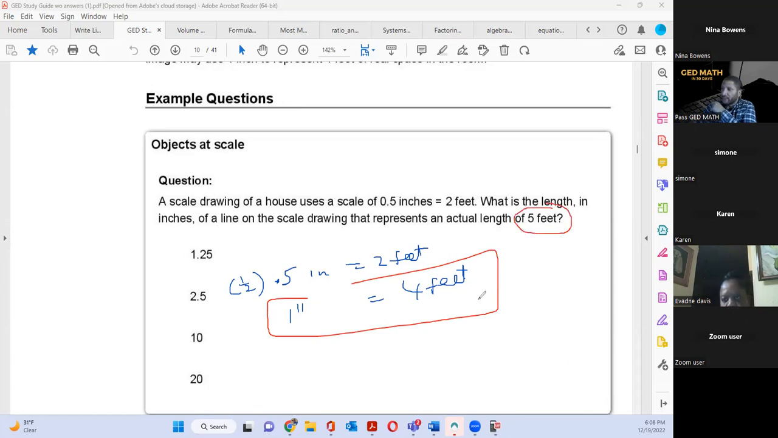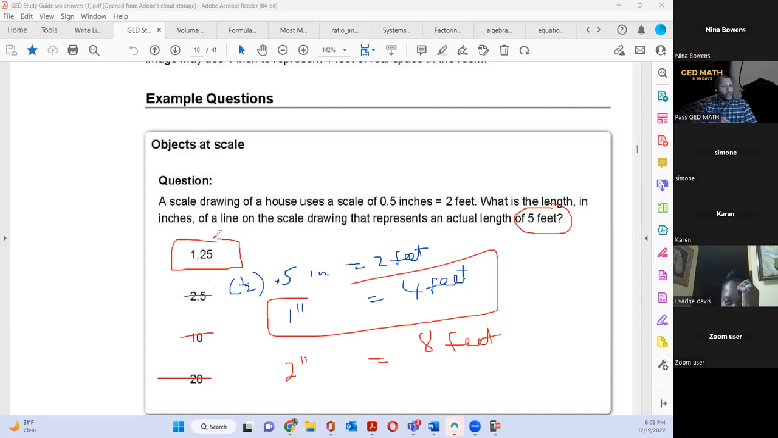I'm trying to get 5 feet. Can the answer be 20? No. Can the answer be 10? No. Okay. If 1 inch is 4 feet, 2 inches is what? 8 feet. Can it be 2.5? No. So without even solving this algebraically, we can solve this the common sense way,